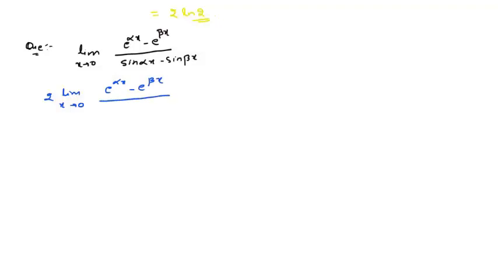Okay, instead of multiplying and dividing by 2 directly, what we can do is apply sine a minus sine b here. What is the value that we'll get? Sine a minus sine b will be 2 cos of (a plus b) by 2, that is (alpha x plus beta x) by 2, into sine of (a minus b) by 2, that will be (alpha x minus beta x) by 2. Yes or no?